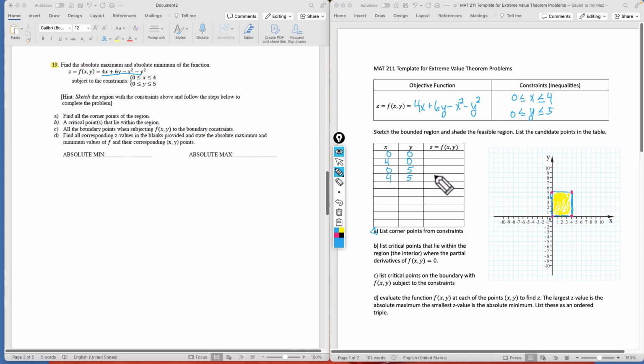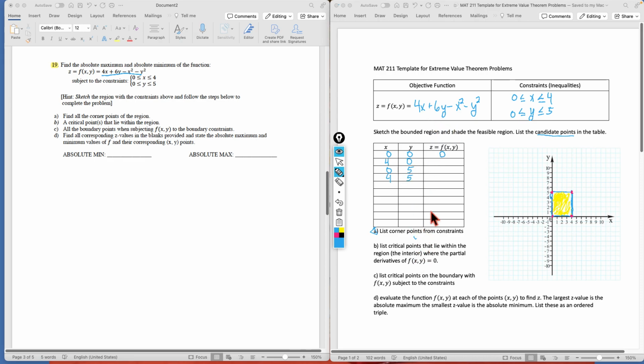And potentially they're the places where a max or a min could occur, because those are on the boundary. So we took care of those. Those are our candidate points. Then we're going to plug each of these into the function up here and get their values. I'll do 0, 0 first. That's the easiest one to find. We're going to get a z value of 0. So that's a potential. Right now it's both the maximum and the minimum, because it's the only value we found so far. Put in 4, 0, 0, 5, and